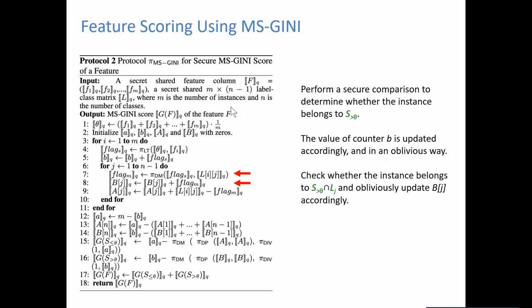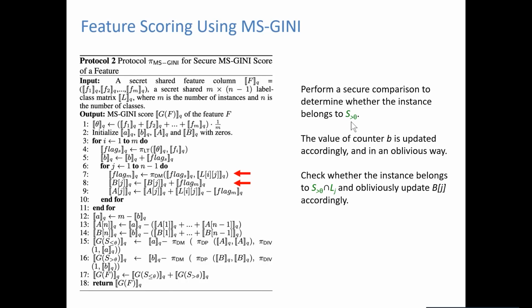Okay, but then we also have to check, given that it's part of this set of samples that have this feature value bigger than theta, which class it belongs to. So how do we do that kind of check in an oblivious way? Essentially we are doing that by using this multiplication here. We are multiplying the flag that says that it's part of the set S times the one-hot encoding.